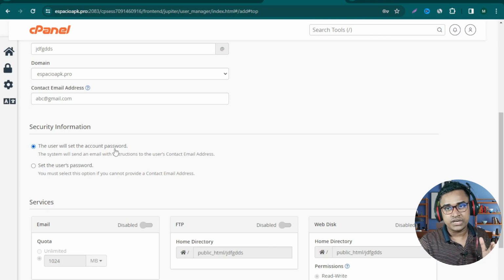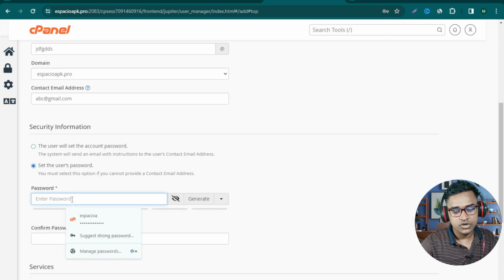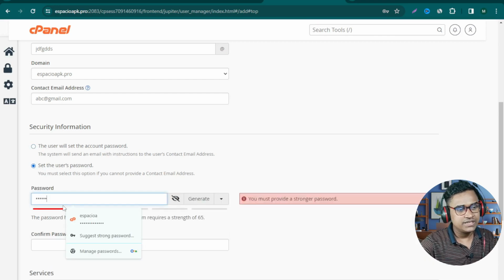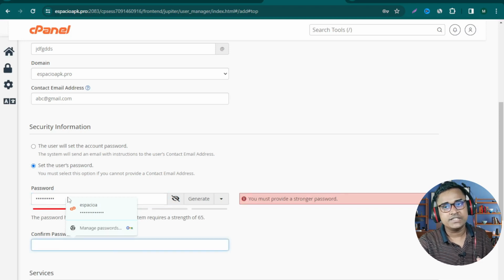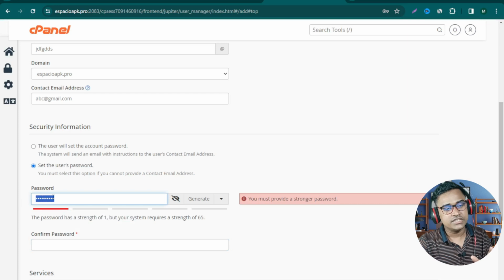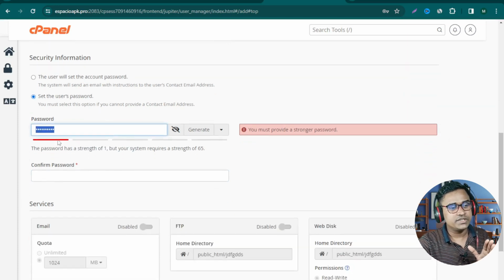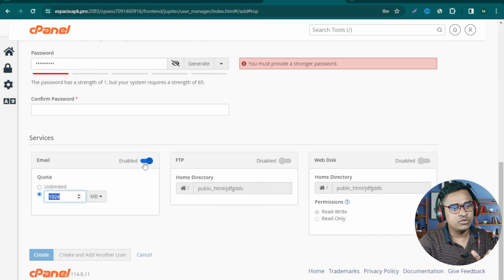a new user receives this email, that person creates a password, then logs in. Then I want to set a password, for example, 121212. You are able to generate any password, then confirm your email. You must enter this password twice, here and in this field. Then again, if you want to select email,